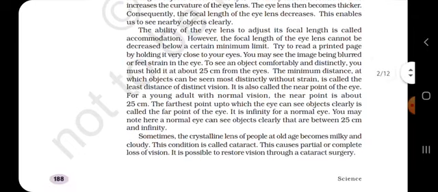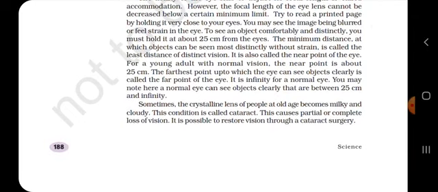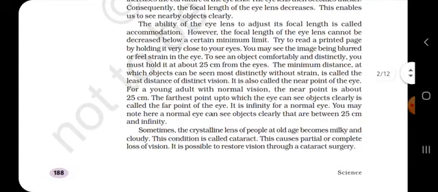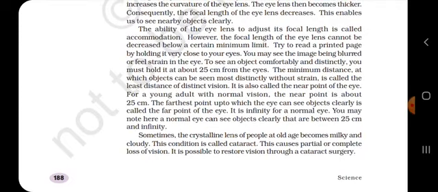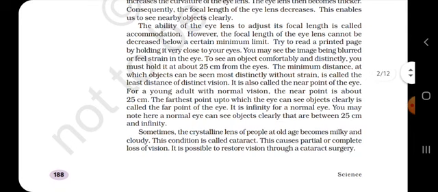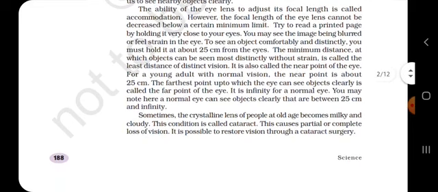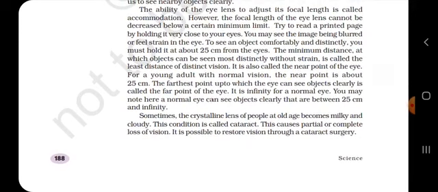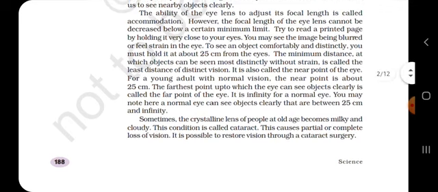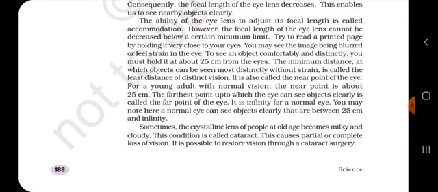Okay. And what is the far point of the human eye? The far point of the human eye is infinity, because we can see things as far as we want, but it depends on the individual. Some can see far objects clearly and others cannot. So there are 2 points, the far point and the near point. The near point is 25 centimeter, the far point is infinity. So the human eye's visible range is from 25 centimeter to infinity.